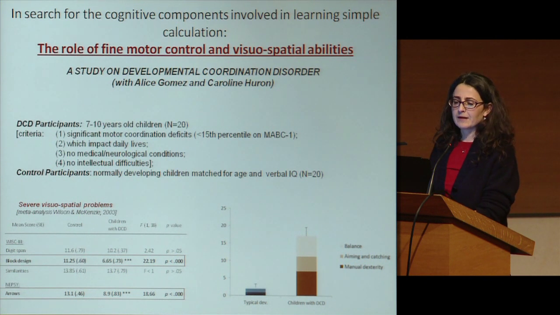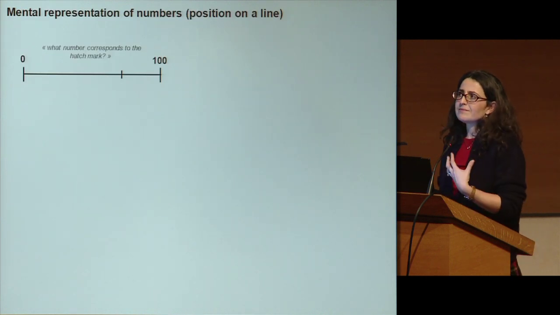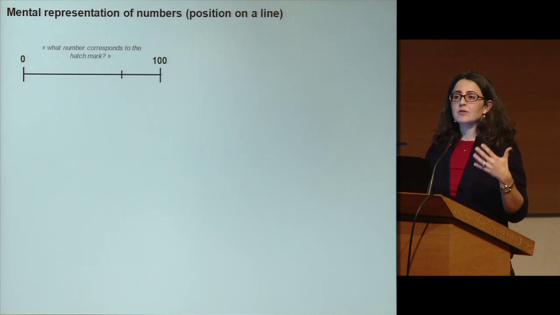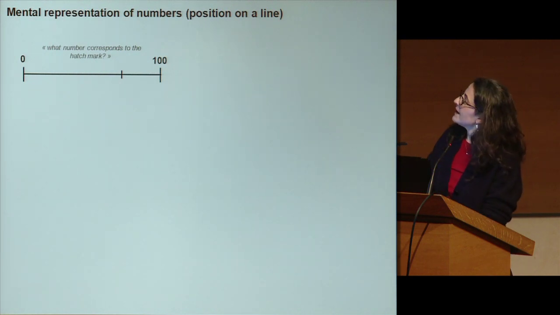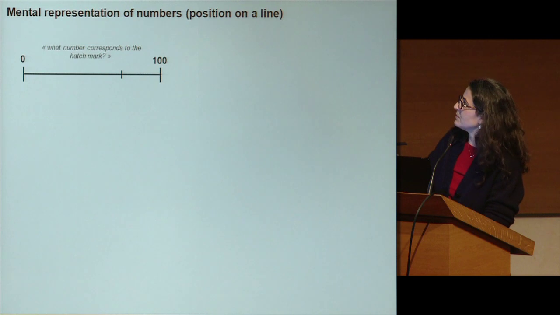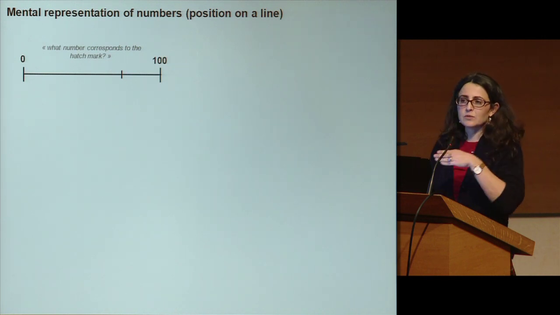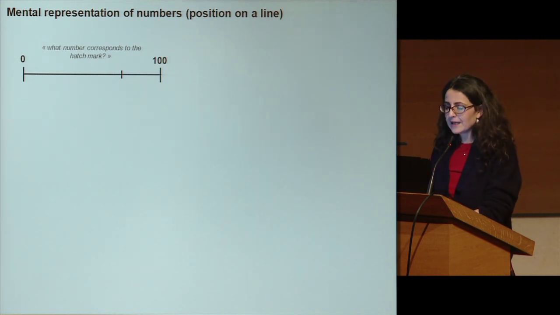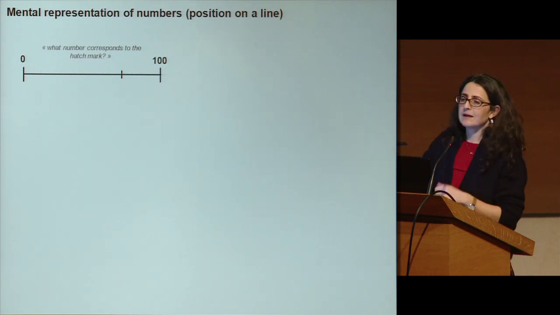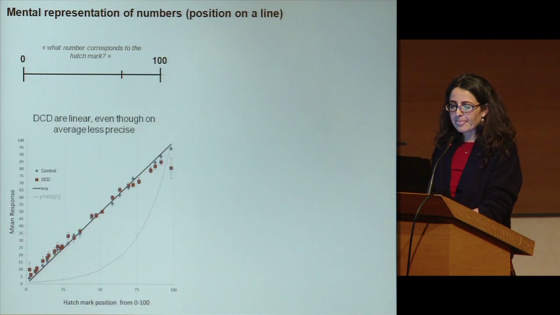How do they perform with numerical tasks? First of all, we want to investigate their mental representation of number, even without any calculation abilities involved. And we use the line-to-number task. So it's the reverse of the task you have been described earlier. We presented them with lines that were oriented from 0 to 100, and from trial to trial, a hash mark could be presented at a different position of the line. And we asked them to estimate which number they thought would fall exactly on the position of the hash mark.